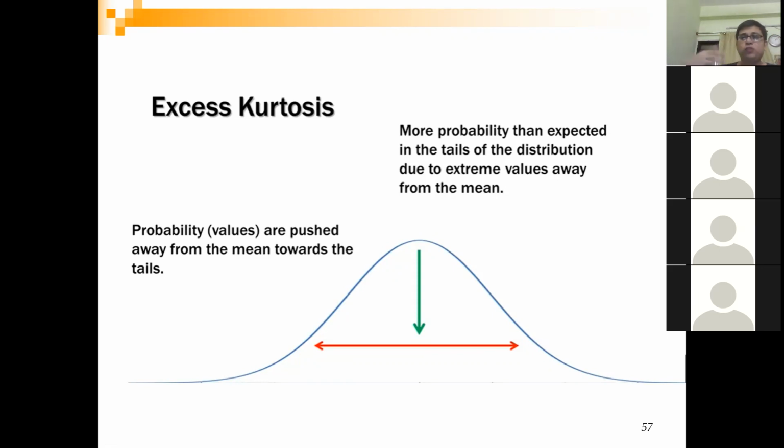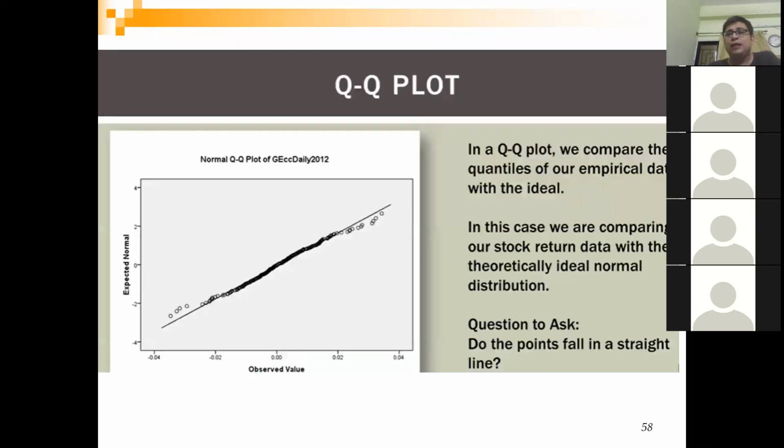So through your box plot, your histogram, your kurtosis, your skewness, you can get an idea whether this is a normal distribution or not. There are a couple of other things that we are going to discuss. One is called the QQ plot. There are 2 plots which are very similar: one is called a PP plot and another is called a QQ plot. Q stands for quantiles.